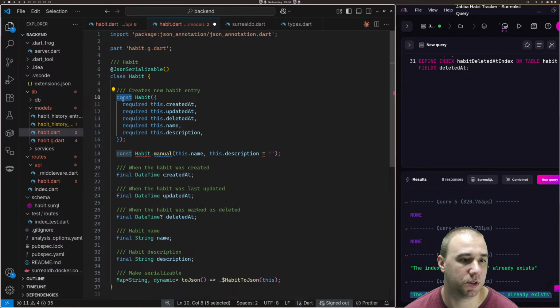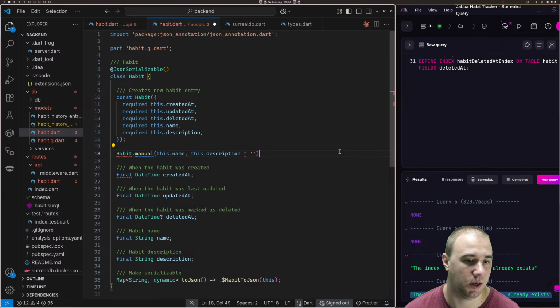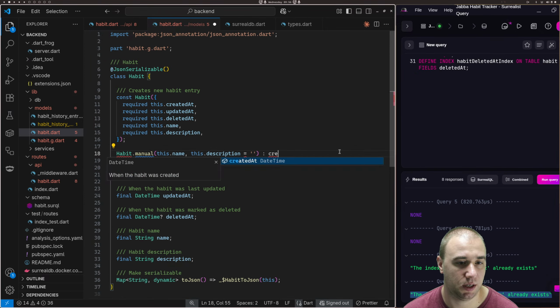Why? Oh, because this is a constant constructor. This one doesn't have to be a constant constructor. And we still need to make it that created at